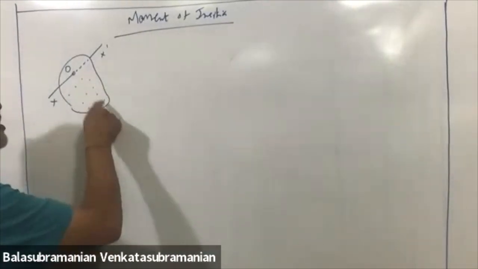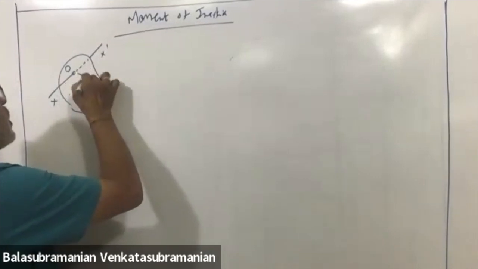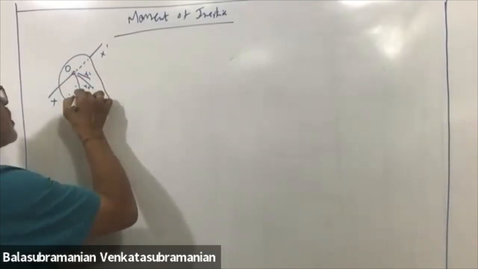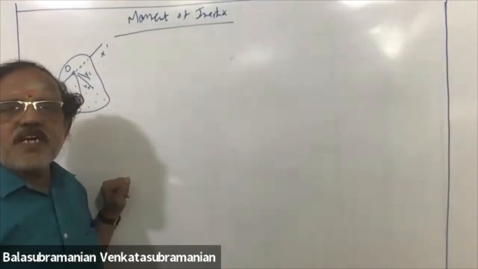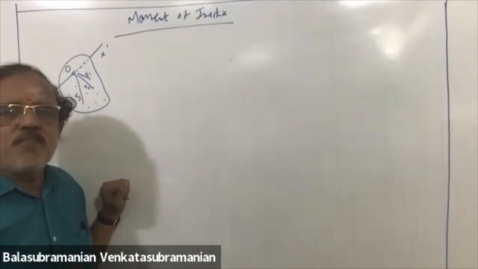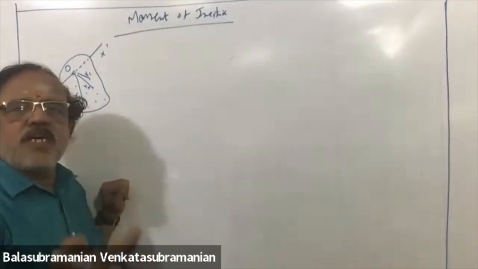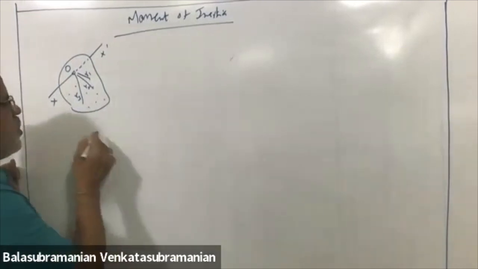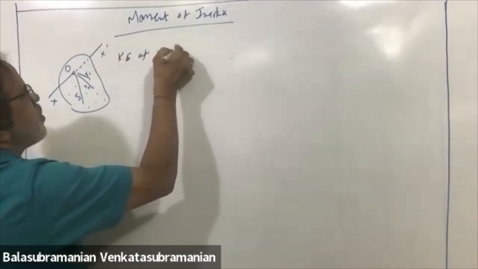Each particle has got a similar mass. Every particle here is at a distance of r1, r2, r3, etc. If we have n particles, up to rn, the mass of each particle is m. They are not identical, so we can take m1, m2, m3 up to mn. So, kinetic energy of rotation